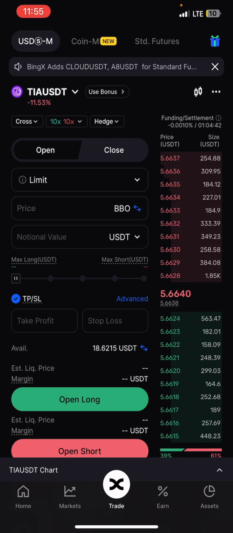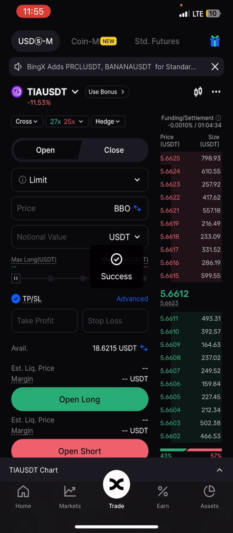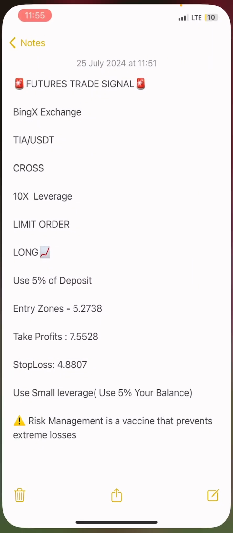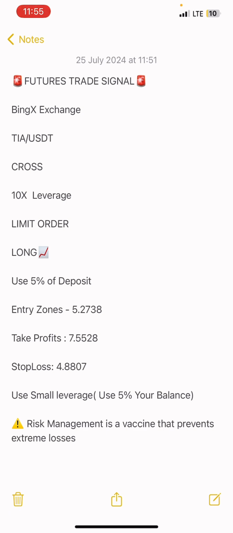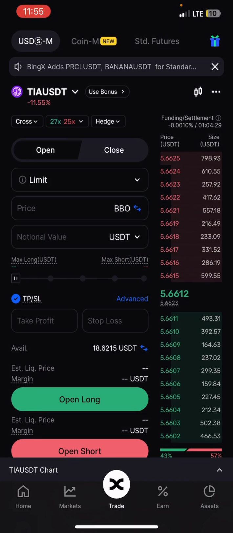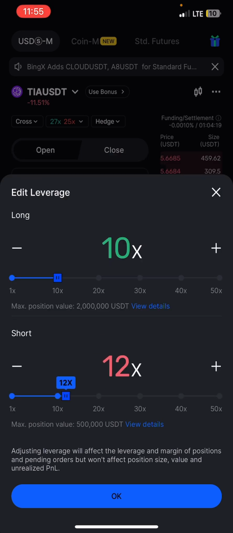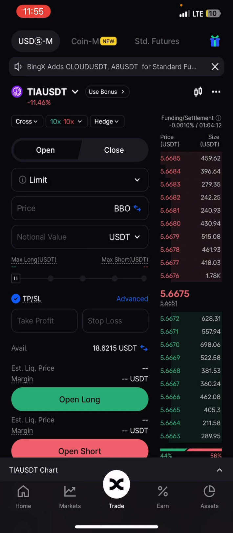Once you change that to cross, you'll see the next thing is leverage, right? Now, this leverage could be at any point like this. But what we are using is 10x leverage. Please use 10x, especially if you're new to this. Like I told you, we're going to be making profits, and we're also going to incur losses. Nothing is 100%, so you want to get used to that. So start by using what? 10x what? Leverage.